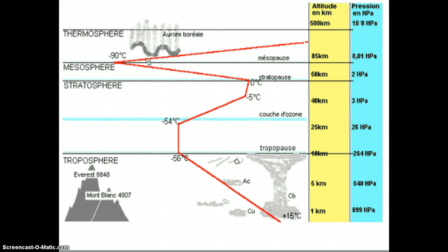The lowest one closest to the ground is the troposphere. That's where we live. It's where the weather takes place, and the weather wants to stay in the troposphere as well. There's only a couple instances where it actually will move into the next layer, the stratosphere, and that's if there's an extremely strong thunderstorm, and a severe thunderstorm at that, and it's so strong the updraft will pop up